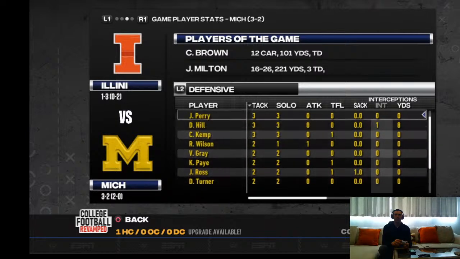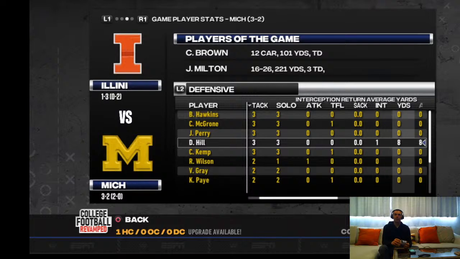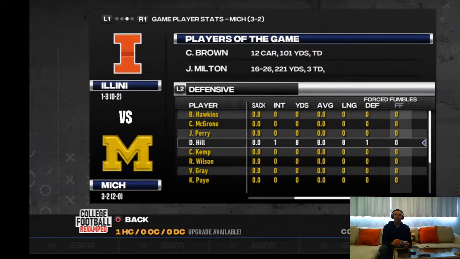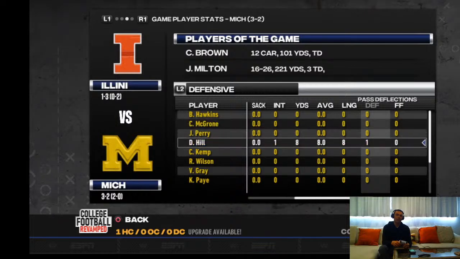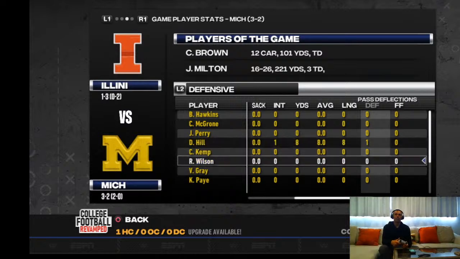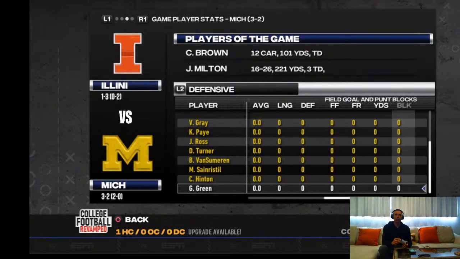And then the interception I mentioned by yours truly, playing as the super fast safety. D. Hill, I can't remember his first name, but also had a pass breakup. That was actually the last play. So I had that last play at the 4th down, and there was 1 second left at the end of the half that I didn't run off. So they threw up a Hail Mary from the 50-yard line, and my guy, I tried to intercept it. He kind of had the animation and just dropped it. So almost had 2 picks that game. One would have been kind of just a garbage pick there, but that's okay.